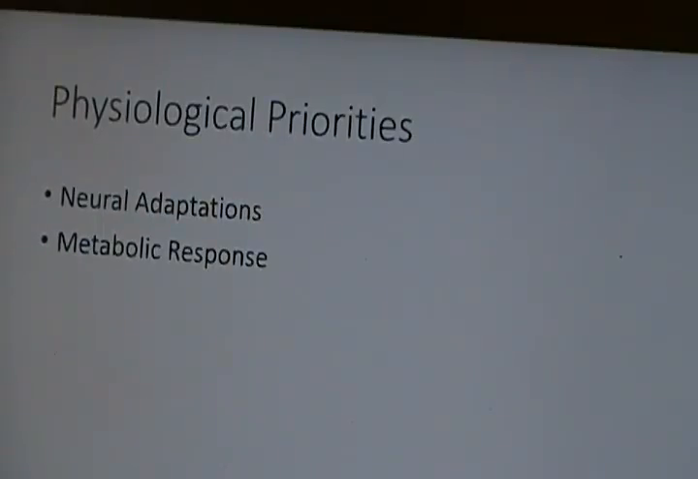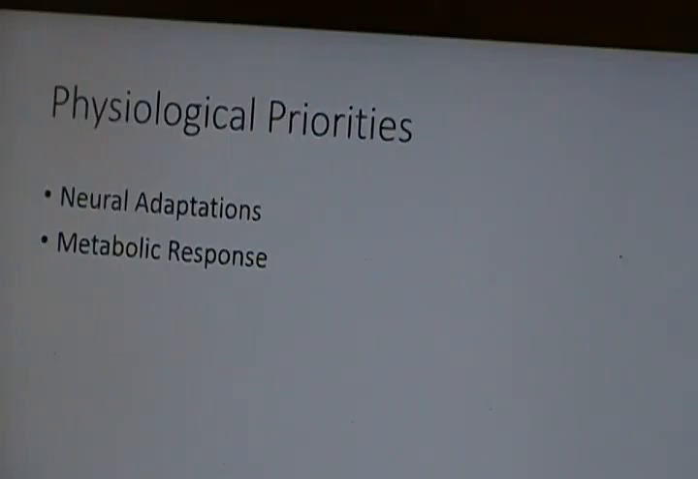The physiological priorities are going to be neuroadaptations and metabolic response. So we want to be able to train the body to recruit more motor units at a quicker rate and to develop more type 2 muscle fibers, or recruitment of more type 2 muscle fibers, because as an athlete you need to have dominant type 2 muscle fibers in order to be powerful. The metabolic adaptation,